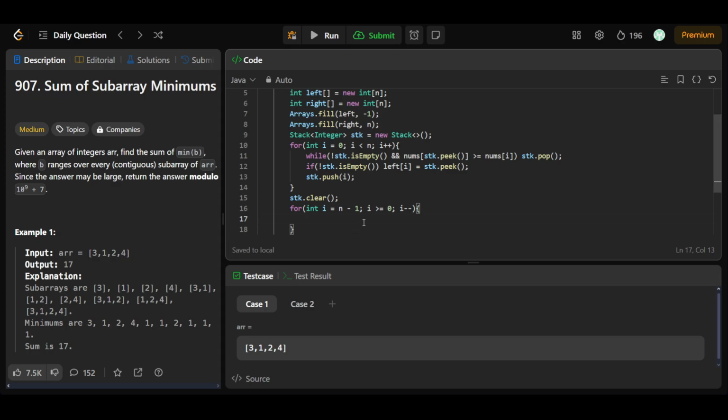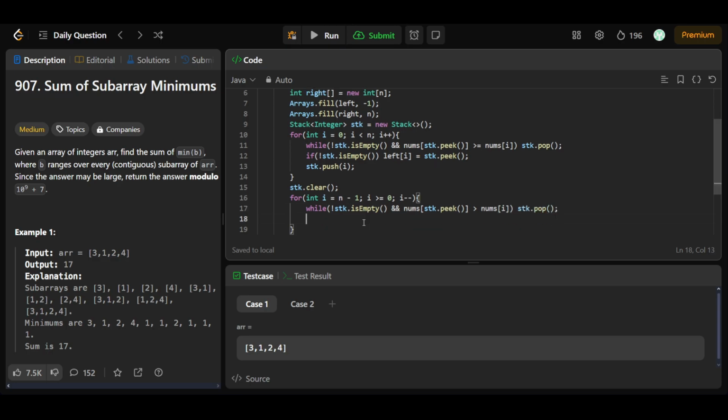Okay, so again let's have that while loop, that while my not stk dot is empty, and my nums of stk dot peek is greater than my nums i. Okay, I'll be doing stack dot pop,